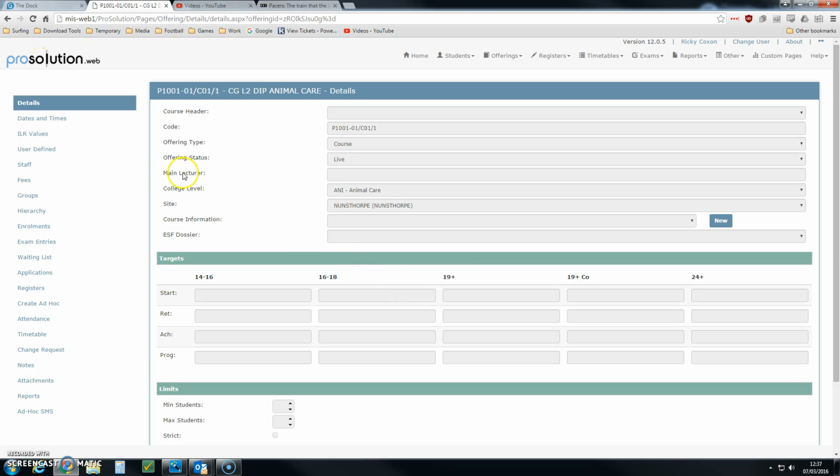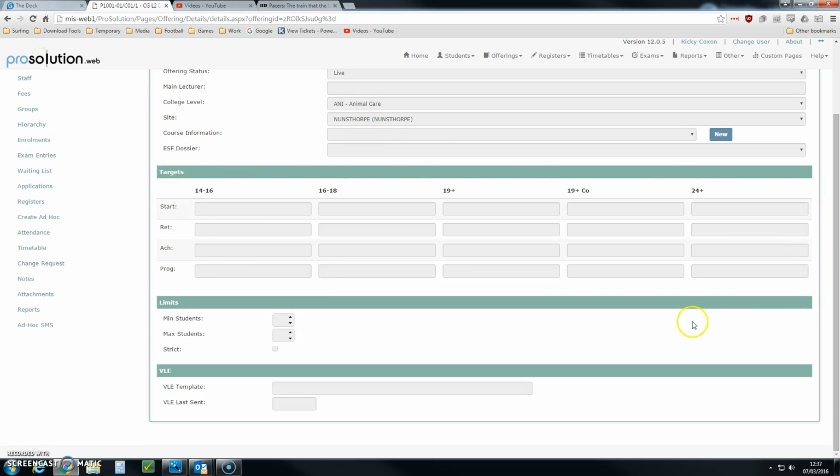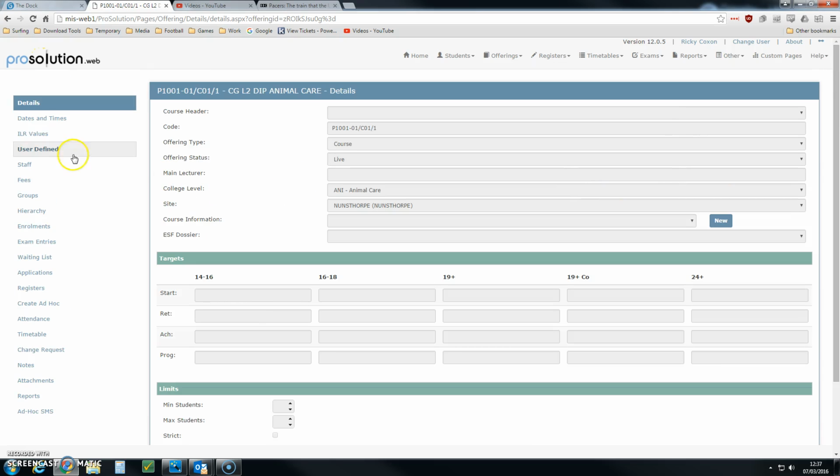For example, I could see the program leader under the main lecturer option. In this particular case, it's not been populated yet. I can also see the site. I can see any targets that have been pulled in through the curriculum purchasing process. And then I can see down the left hand side a whole bunch of different aspects that I can look at